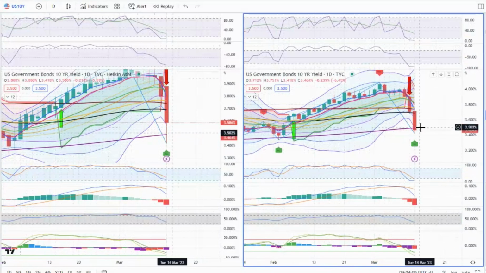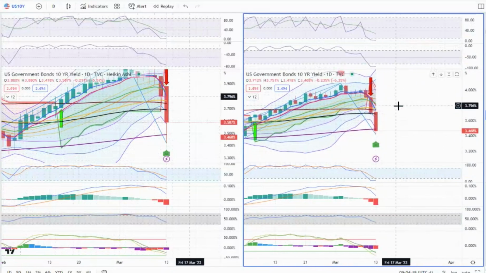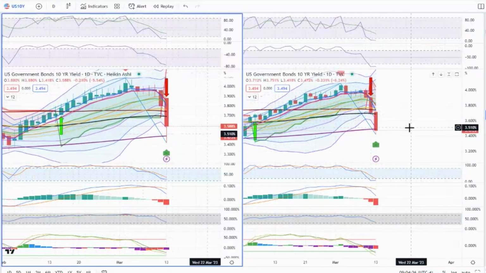Now here are a couple of things that would happen. Let's say this thing bounces, right? And if it bounces in proportion to how it came back down, 60 basis points, if it does bounce the way it did, come down within 3 sessions, if it does that and goes and hits 3, or rather 4, within 3 sessions, that would wreak havoc on tech, right? So that's a no-go. It should not do that. If it does, then you have tech moving lower, and if you have tech moving lower, the decline in SPX will not be like the one that you saw